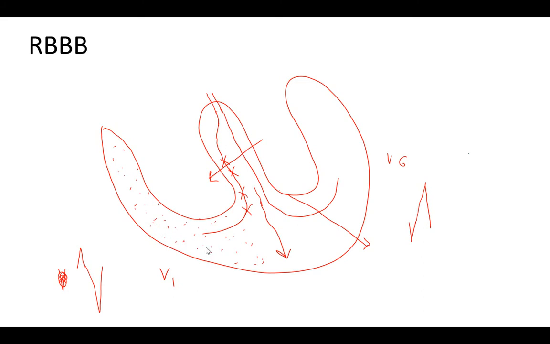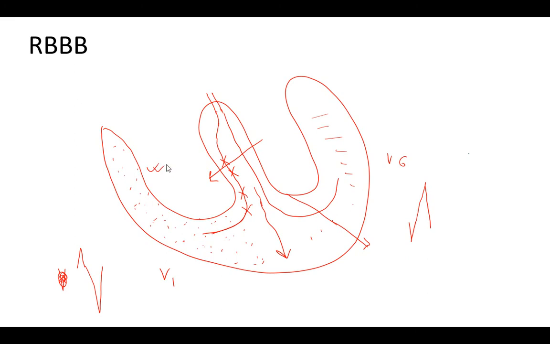Normally, this dotted area is depolarized by this right bundle branch, but as the right bundle branch is blocked, it will not be depolarized directly. After depolarization of this left ventricle, the right ventricle will be depolarized not by the right bundle branch but by the cardiac myocytes, as the cardiac myocytes are coupled electrically with the gap junctions. So secondarily, this right ventricle will be depolarized later after the whole left ventricle is depolarized, okay.